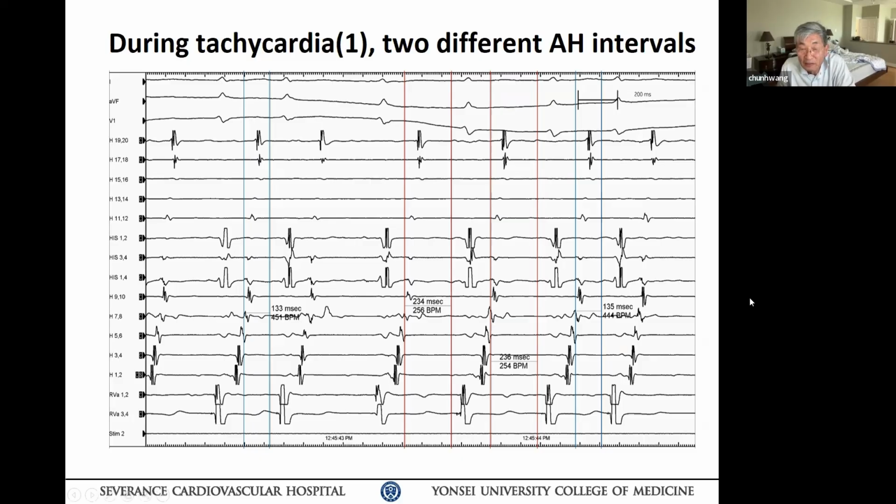So I think I made a comment before. When you're thinking about doing an SVT case, pacing the right bundle really does not help you. It only creates confusion. I wonder if you paced the base of the heart, would it make a difference in this patient? I think it would. You would get a much clearer activation sequence and retrograde timing activation, so you can differentiate easily AVNRT versus